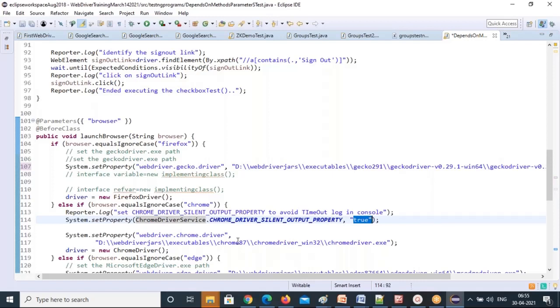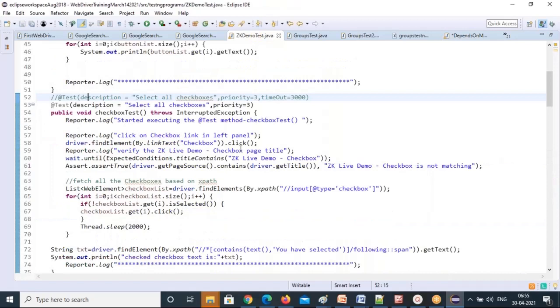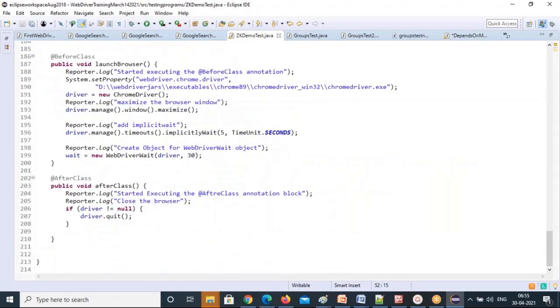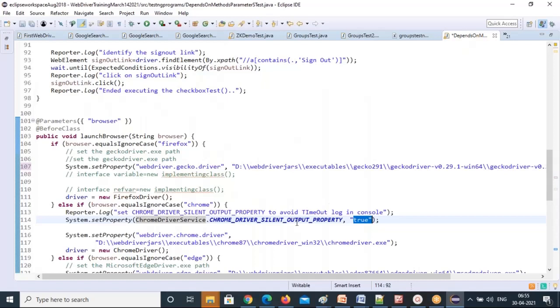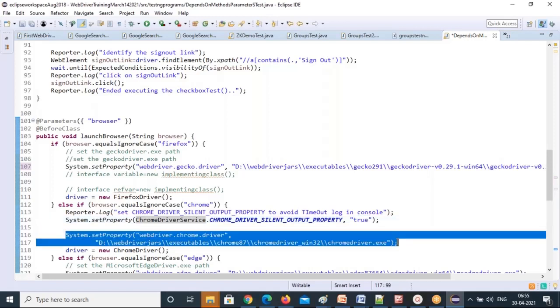And even the Chrome browser path needs to change, right? Let me take the Chrome browser path. Where is that? In BeforeClass is the Chrome browser path. I'm just taking 89 now, but here we have 87, so I'll just replace this one in the path.